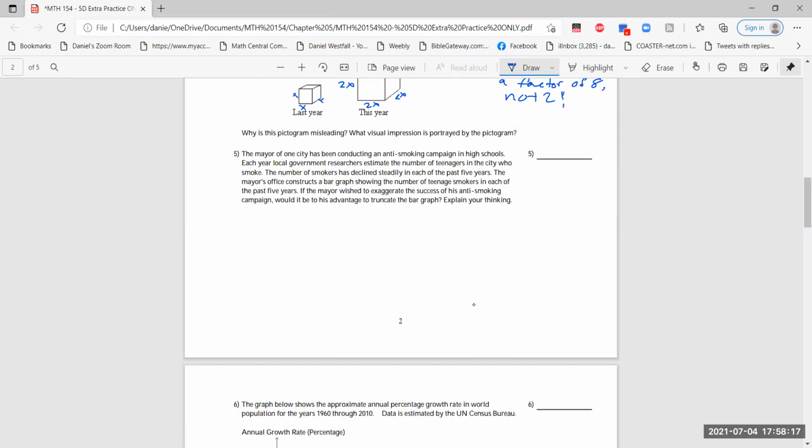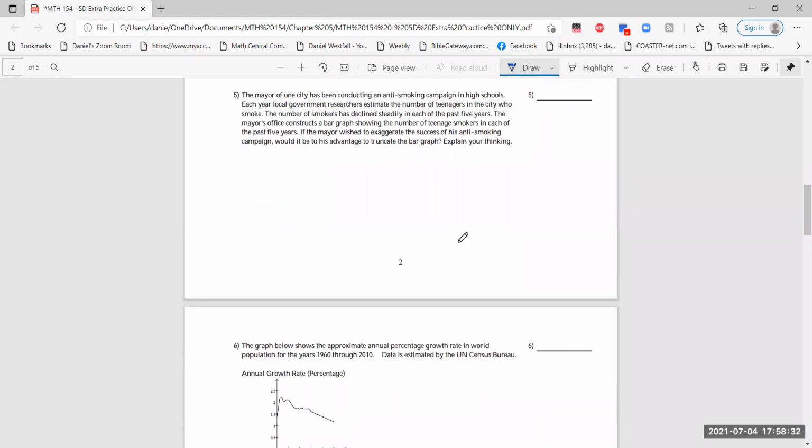Anti-smoking campaign in high schools each year. Local government searched the number of teenagers in the city who smoke. Number of smokers has declined steadily over the past 5 years. Mayor's office constructs a bar graph to show the number of teen smokers in each of the past 5 years. If the mayor wished to exaggerate the success of his anti-smoking campaign, would it be to his advantage to truncate the bar graph? Yeah, because it would look like all the change happened during